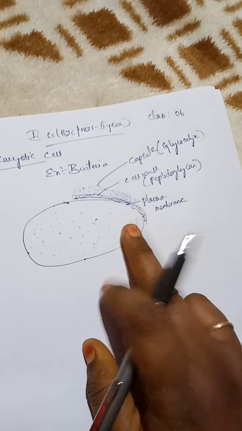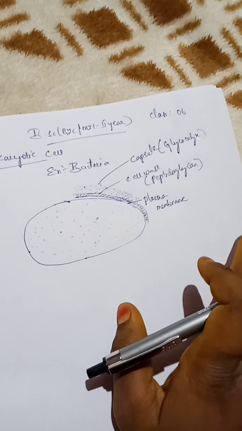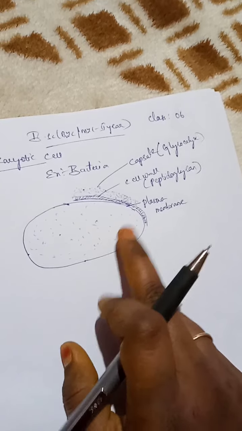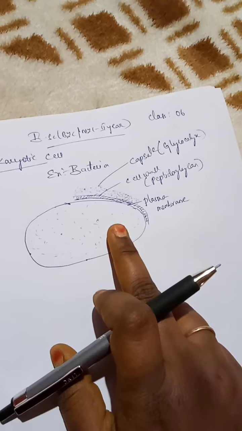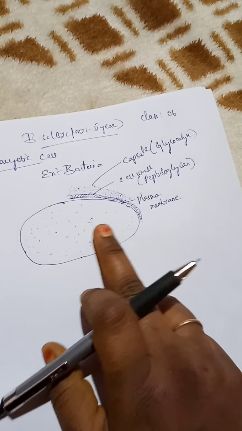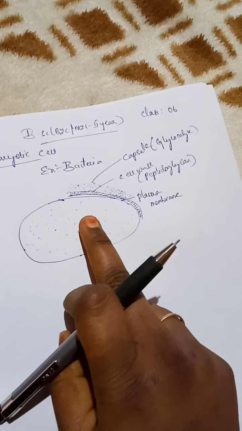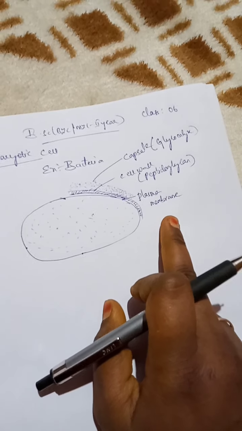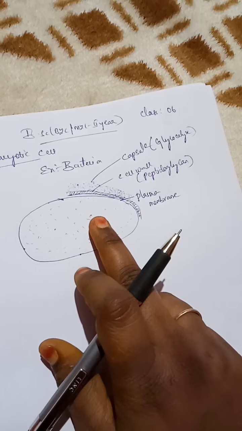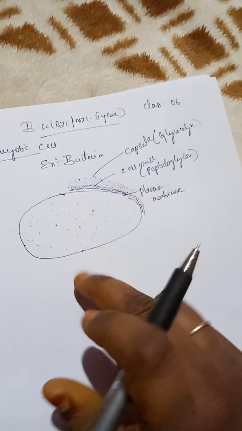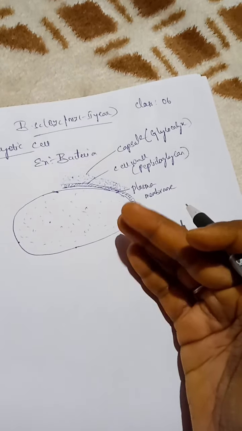The eukaryotic cell is a multicellular structure, and the eukaryotic cell has only a single nucleus at the center, as we discussed. But in the prokaryotic cell, that nucleus is not present. Inside the nucleus we have seen the genetic material in the eukaryotic cell, but here there is no nucleus. Then where will the genetic material, that means DNA, be located? Let's discuss further.